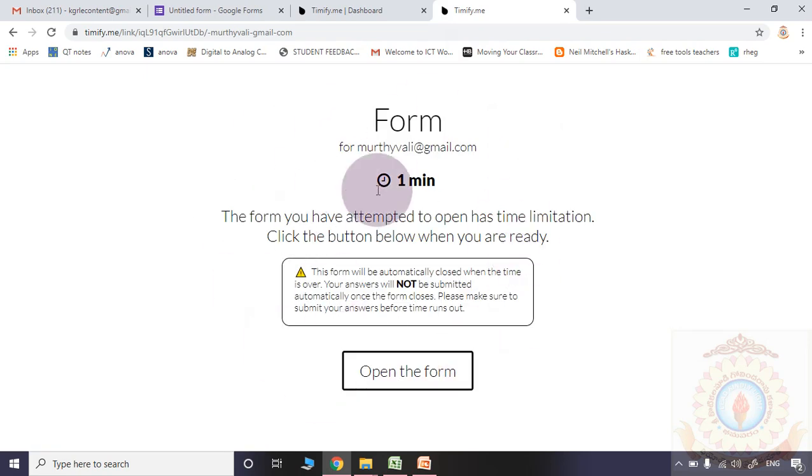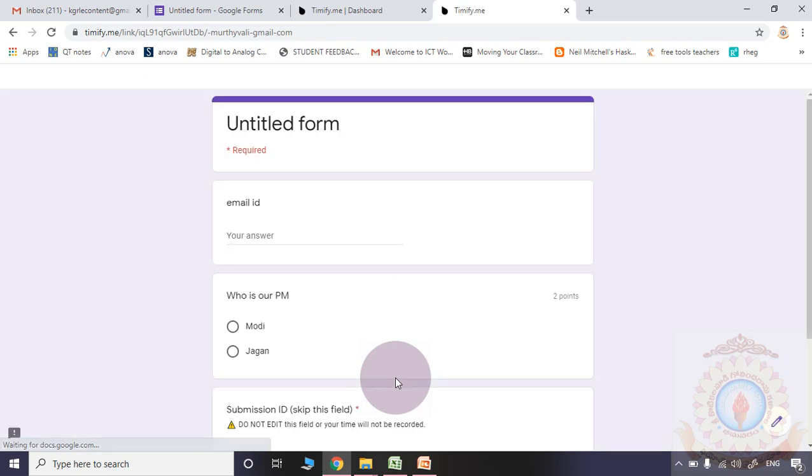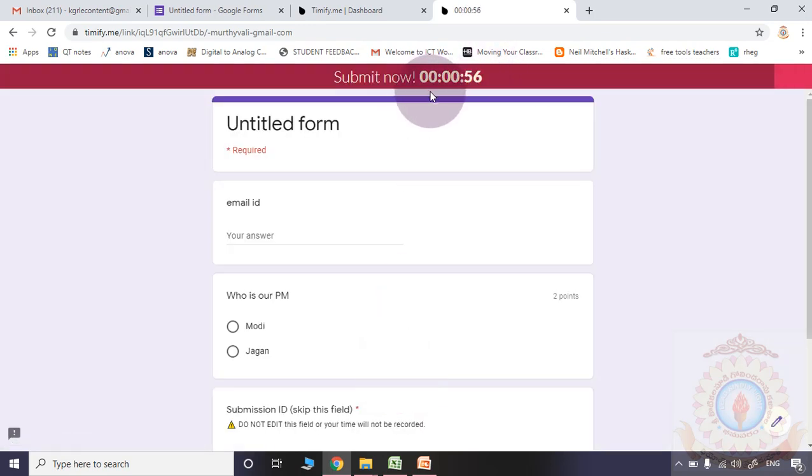Then they will get a box like this. They are supposed to click open the form. Then please observe here, 1 minute, we have purposefully created a timer for 1 minute. So from 60 seconds to 0 seconds, the timer automatically keeps reducing.